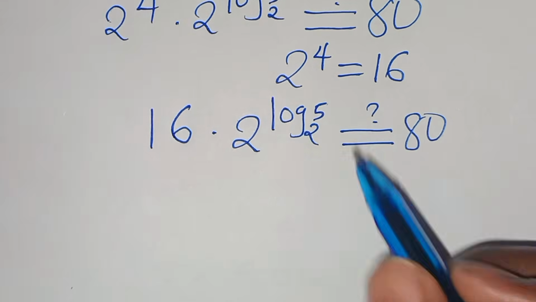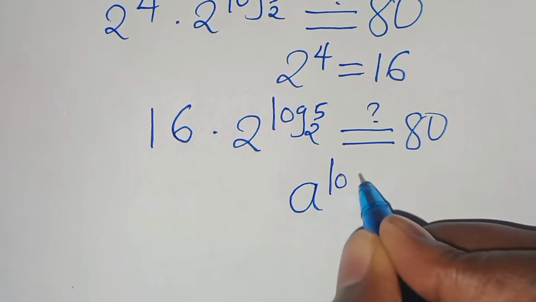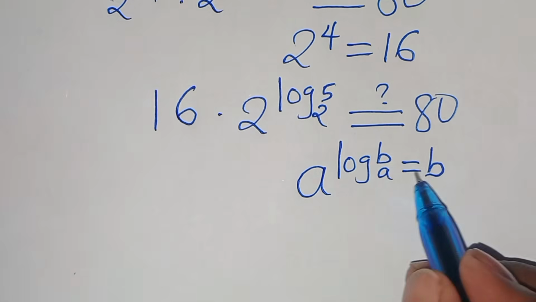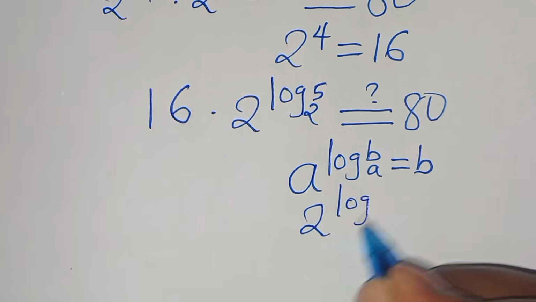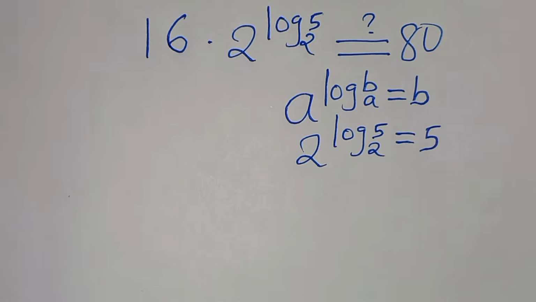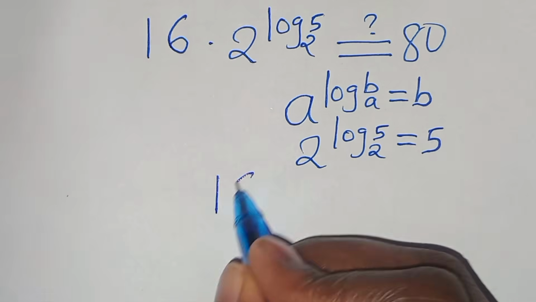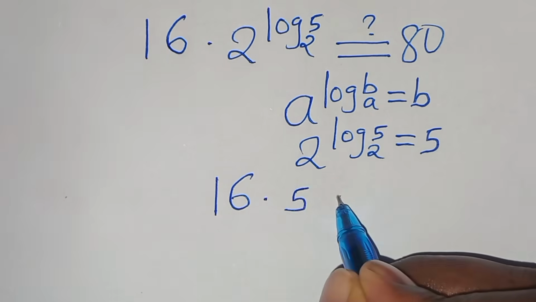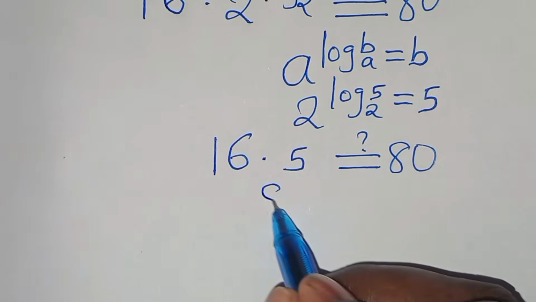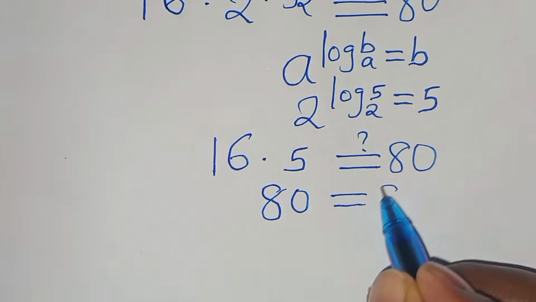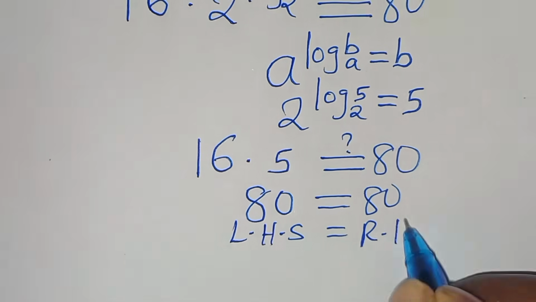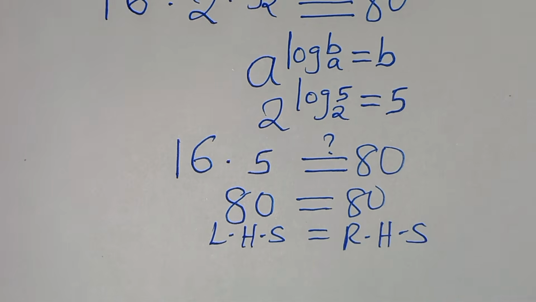2 to the power of log 5 to base 2. This is in the form of a to the power of log b to base a, which is supposed to give us a value of b. Applying this logarithm property, then 2 to the power of log 5 to base 2, this is the same thing as 5. Now, let's substitute the value of 5 so that we have 16 multiplied by 5. This should give us a value of 80. So 16 times 5, this is equal to 80, and this is equal to 80. So the left hand side is equal to the right hand side. And this proves that the value of x here